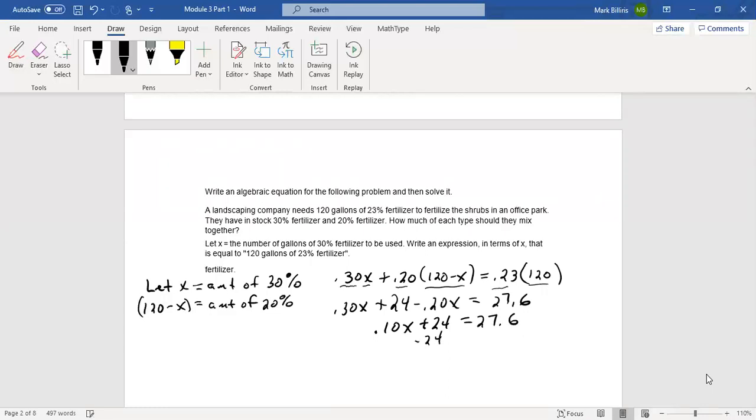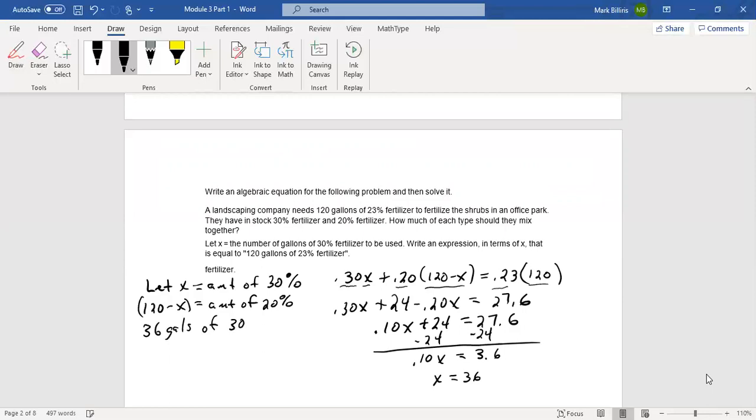Isolate, so we're going to subtract 24 from both sides. So that gives us 0.10x equals 3.6. So you're going to take your 3.6 and divide it by your 0.10. So x equals 36. So again, what does that mean? That's why it's important to write down the statements at the beginning. X equals the amount of 30% used. So they're using 36 gallons